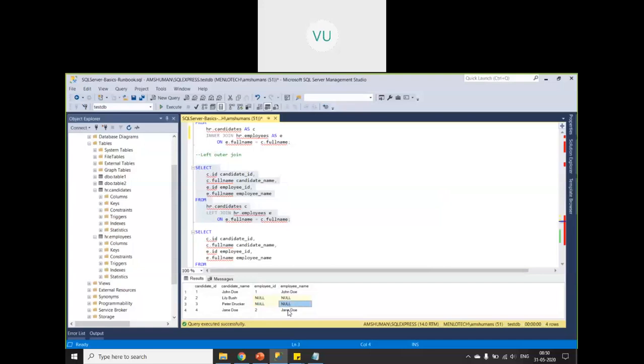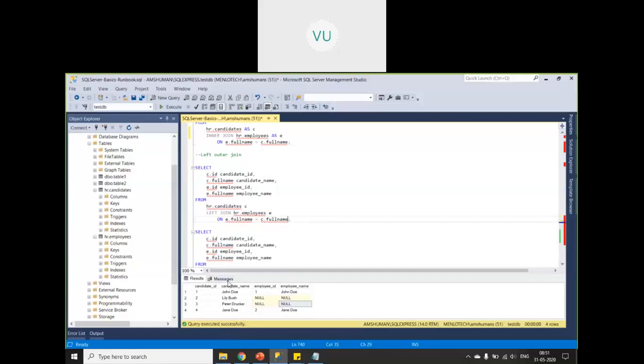Sometimes there can be a requirement like that, right? You can ask what is the use of left outer join. For example, if you are doing some reporting, say you have an organization where some employees work as instructors, and there are some candidates attending the courses. In one of the reports, you want to retrieve all the candidate names along with the candidates who are currently assigned to some course and some instructor, right?